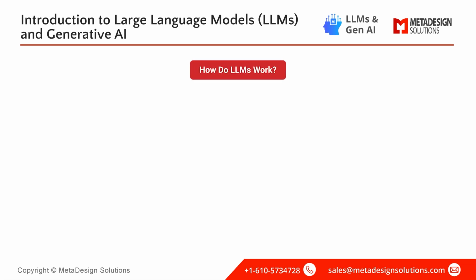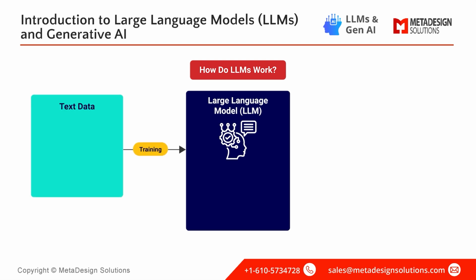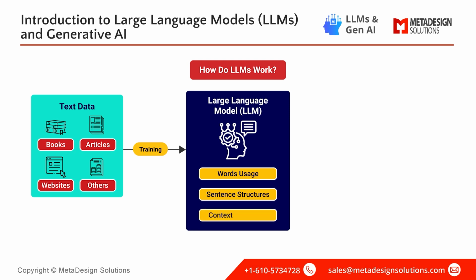So, how do LLMs actually work? At the core of an LLM is a process called training, where the model is fed vast amounts of text data from books, articles, websites, and other sources. During training, the model learns the patterns in language, how words are used, how sentences are structured, and how context